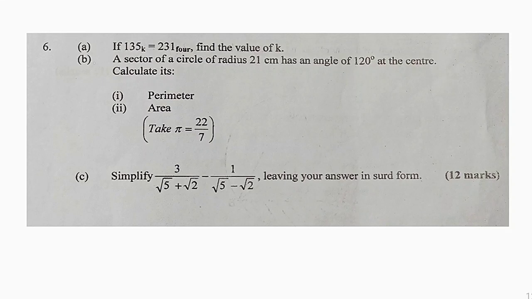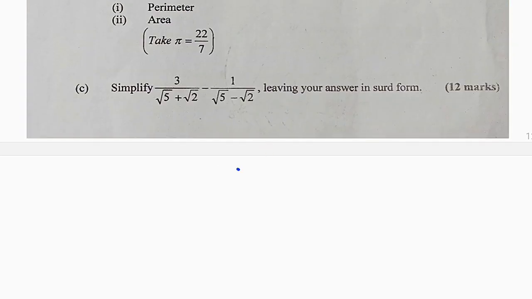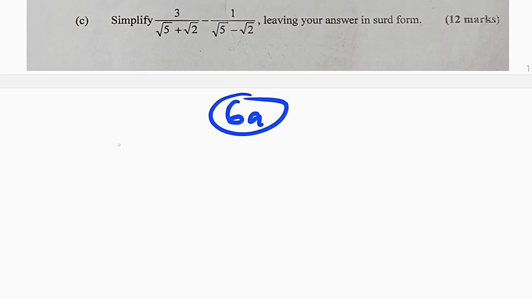Question number 6a. If 135 to base k is equal to 231 to base 4, find the value of k. Let's start with A first before we come back to B. So 6a, we are given that 135